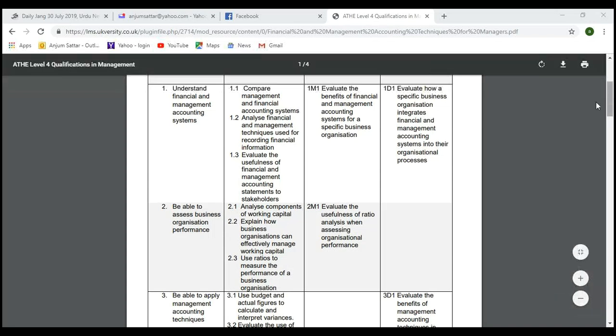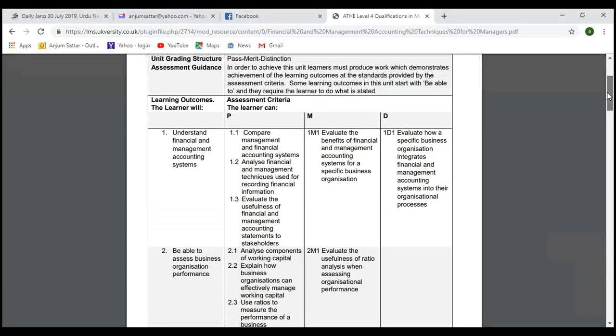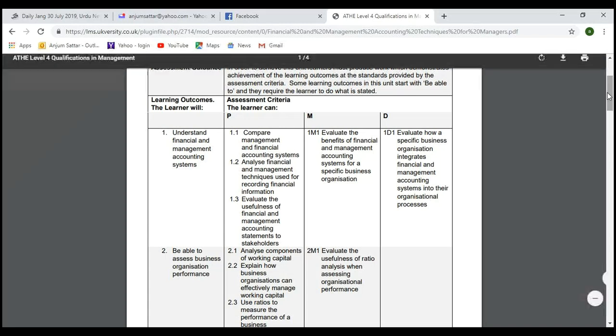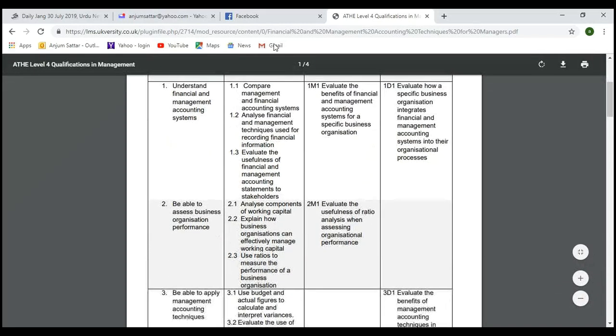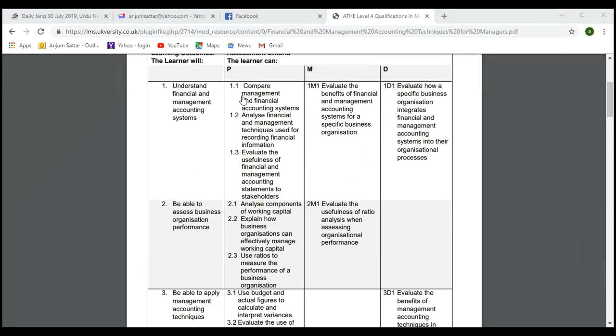Okay, before starting today's lesson, we'll go through a bit of a recap of what we learned during lesson one. During lesson one, we discussed understanding the financial management accounting system. We discussed different accounting systems, and